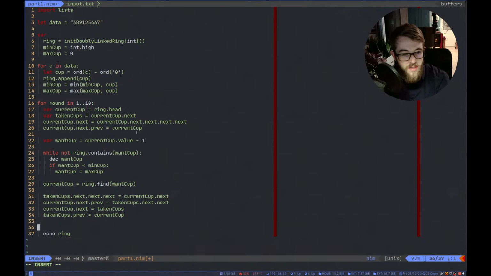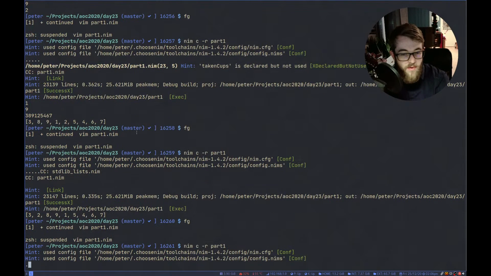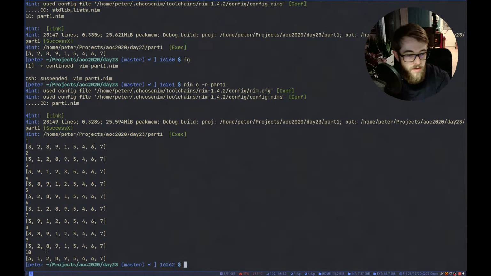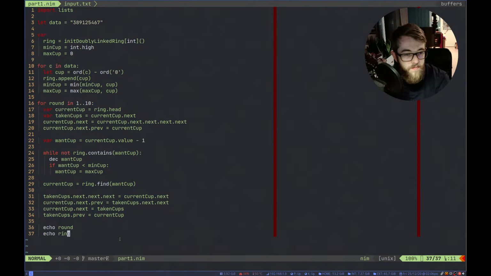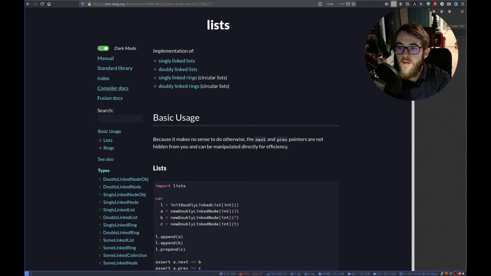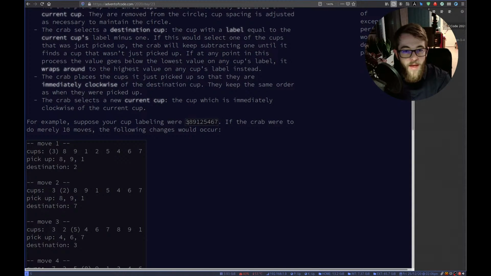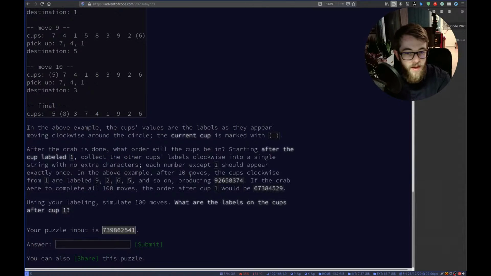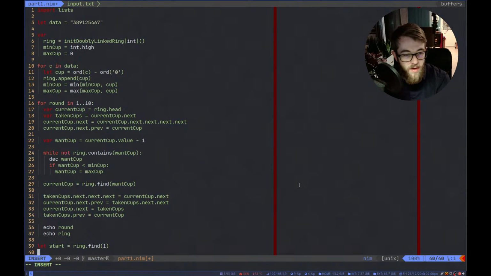And we can just do this and just echo out the round number. So if we now get the 1, so start as ring dot find the one with label 1. These are ints. Then we should, does this have a length? No. But we have our length sort of in this string. And we should then get all of the numbers without the 1. So starting from 1, we want our